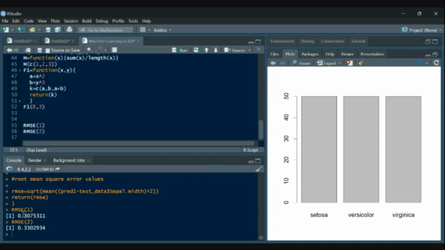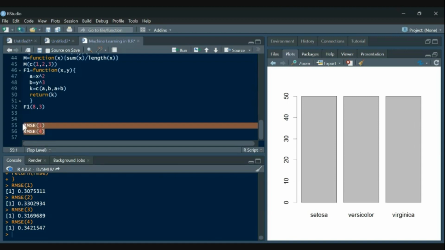So if the value of seed is 1, 0.3075311 is the RMSE. If it is 2, it is 0.3302934. If we go for 3, it is 0.3169. If we go for 4, it gives us 0.342, and so on. So we should select the one which has the least RMSE.